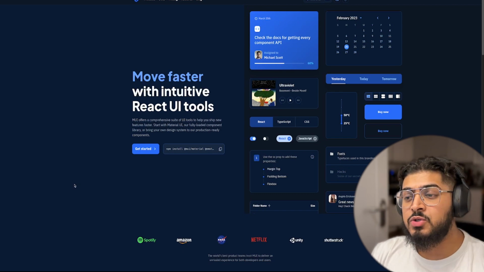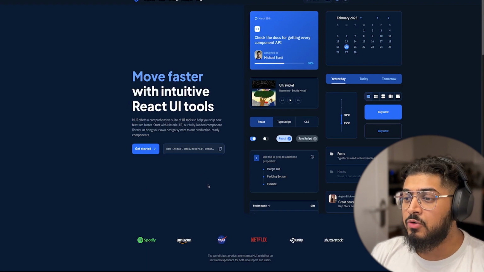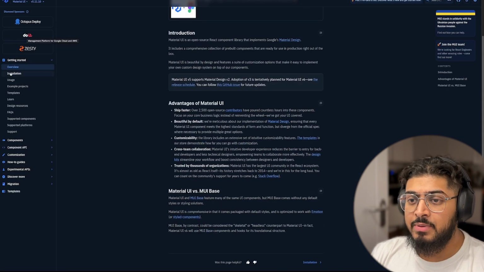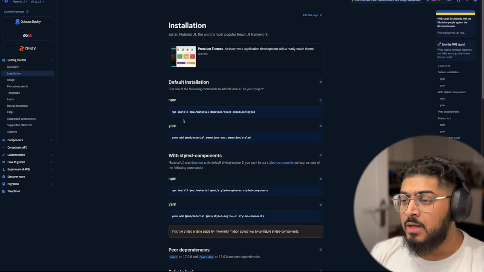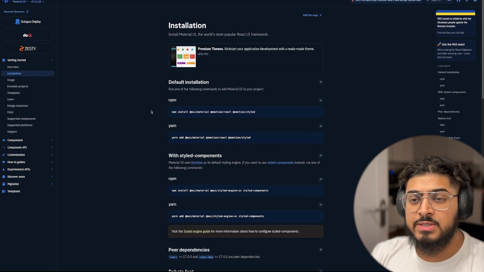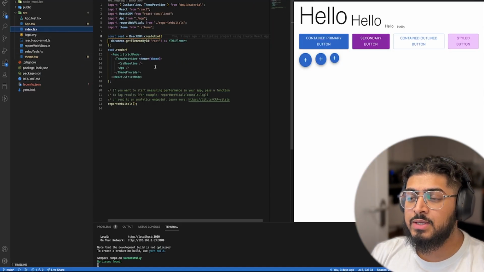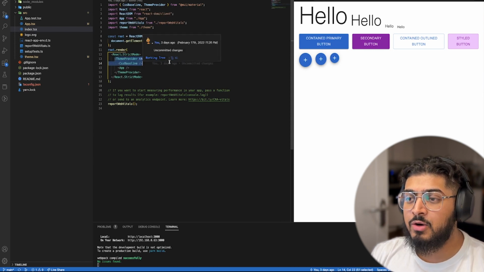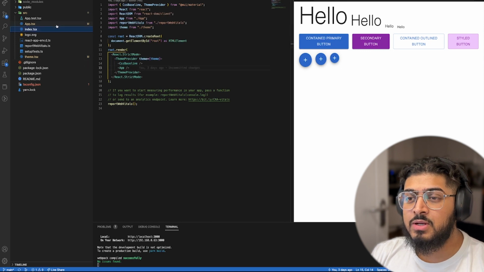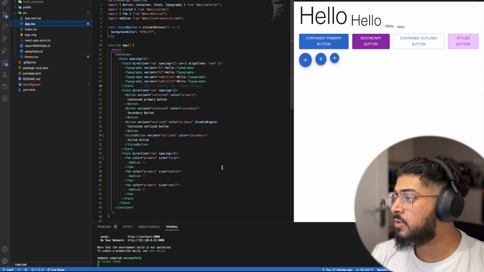So just a quick little intro to what Material UI is if you don't know. It's a component library for React. You can install it in your app by running some simple commands like the npm install, and it's also pretty straightforward to set up on your app. All you need in your app to get started with Material UI is to install it and then add in the theme provider and a CSS baseline wrapper around your app. And then you can start importing these components right into your application and get some pretty cool pre-built components out